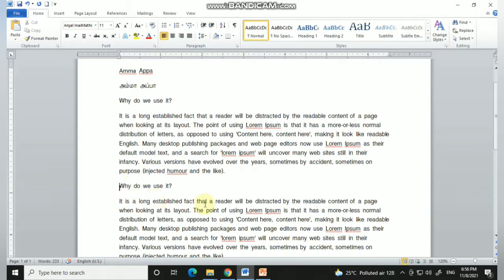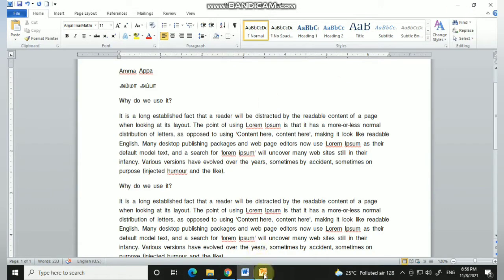If I press control plus up arrow, it automatically goes to the first paragraph. If I press control plus down arrow, it comes to the second paragraph. If I press control plus down arrow again, it comes to the third paragraph. Clear? So like this we have several shortcut keys.